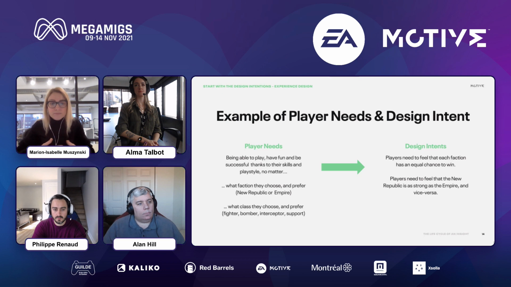game and a production. Another key point, we need to be able to gauge if we achieve this intention or not by translating this design hypothesis and design intention into measurable KPIs. And this is where our UXR partner takes the lead, and Philippe will be the one explaining this part to you.